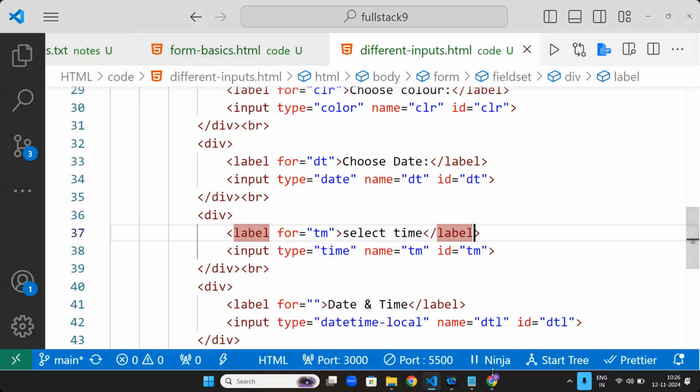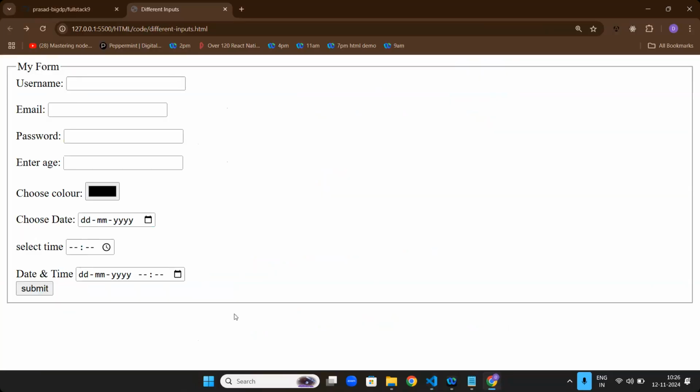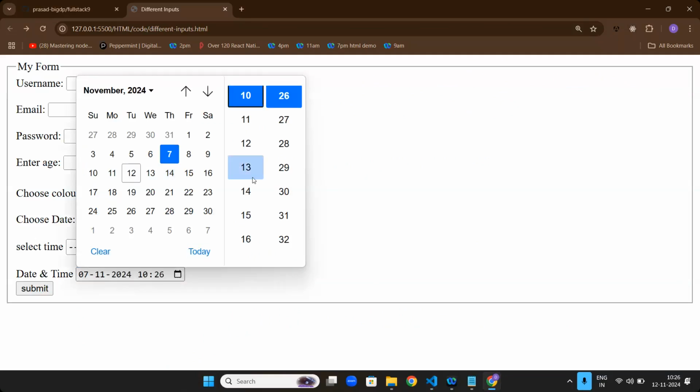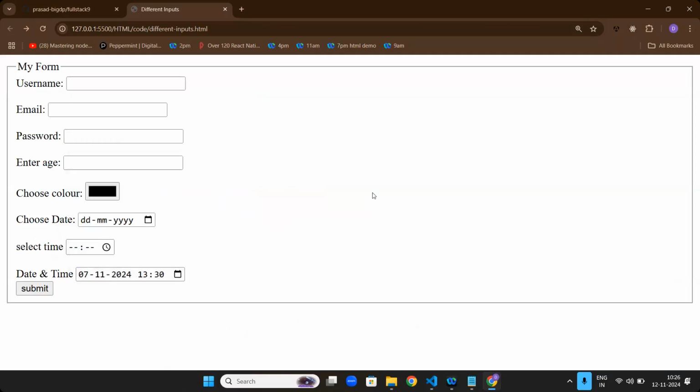Now next, if I go here, can you see what it is saying? It is allowing you to select a particular date with a particular time. Now tell me, can anyone say where you can use this in real time?